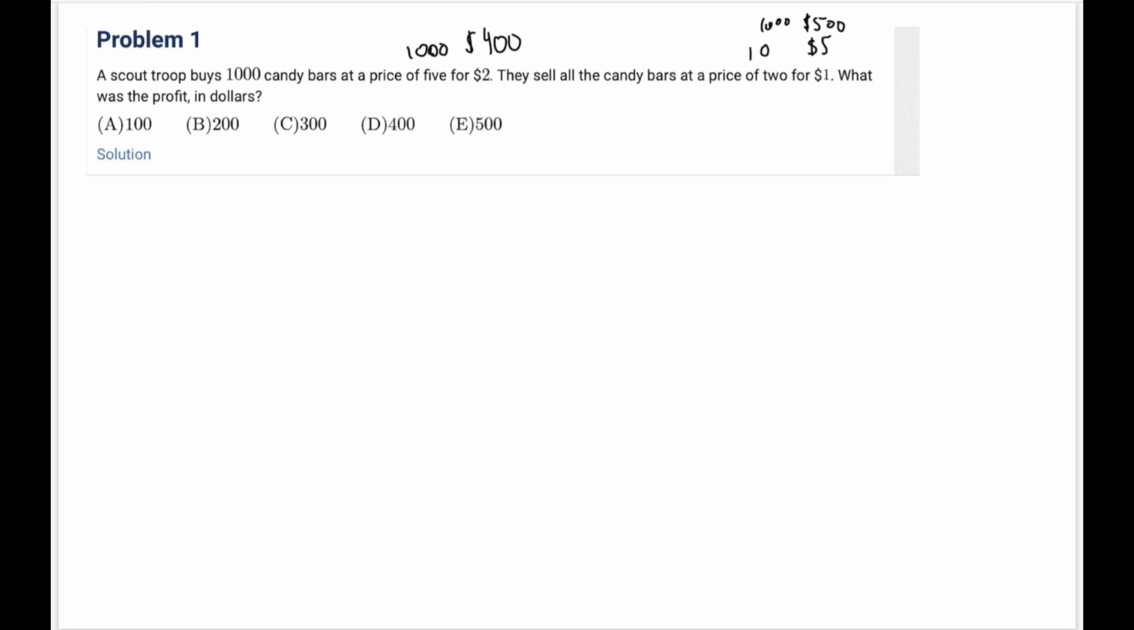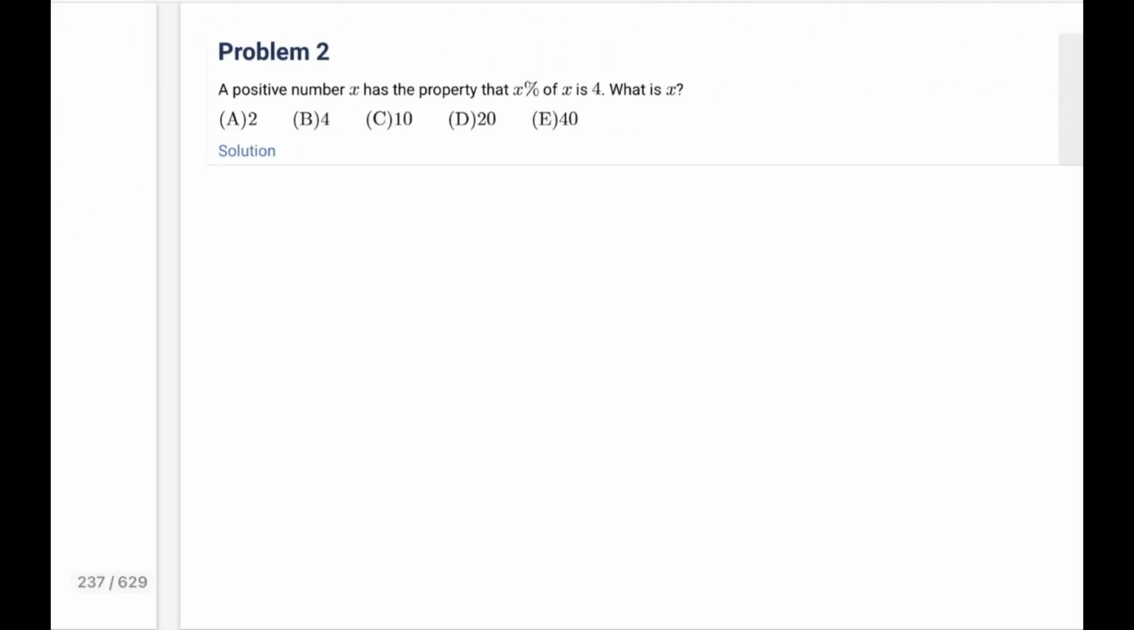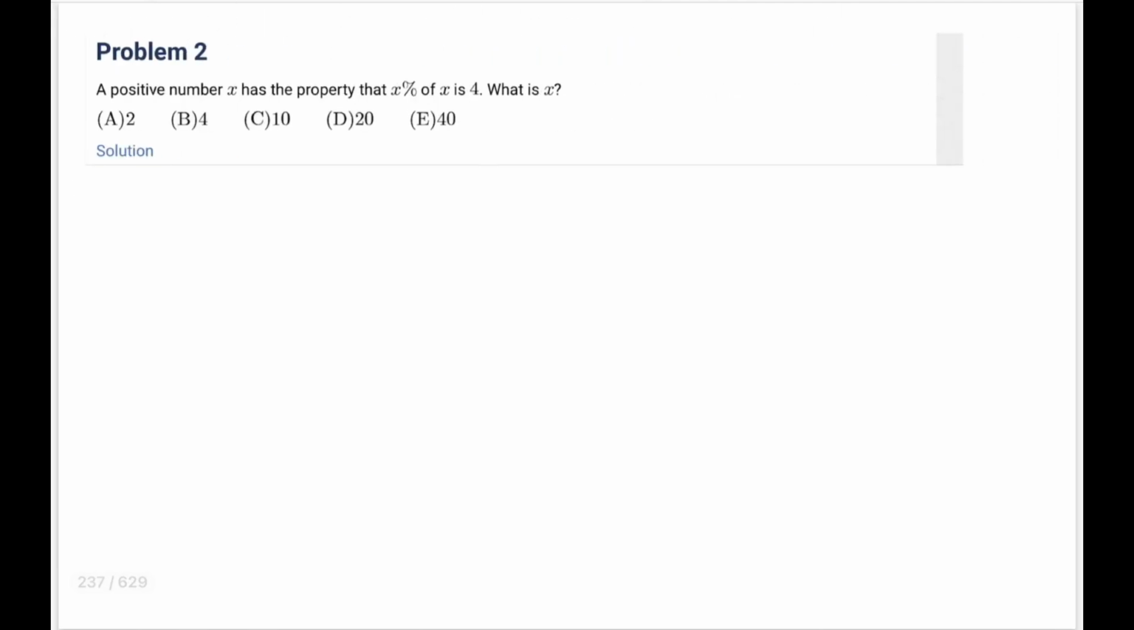So they used $400 and they earned $500. So this is 500 minus 400 equals 100, so the profit was 100. The answer is A. Number 2, a positive number x has the property that x% of x is 4, so